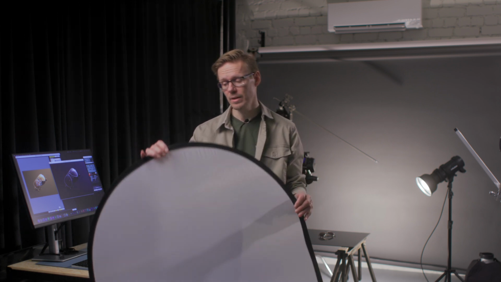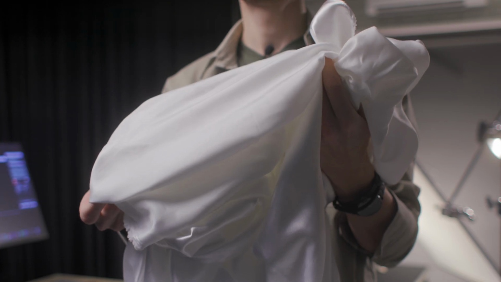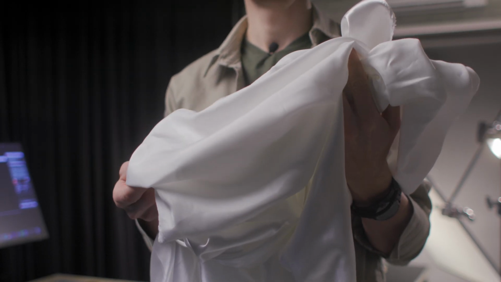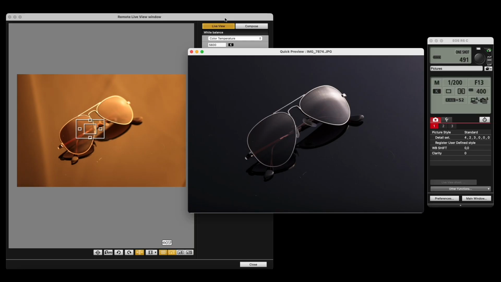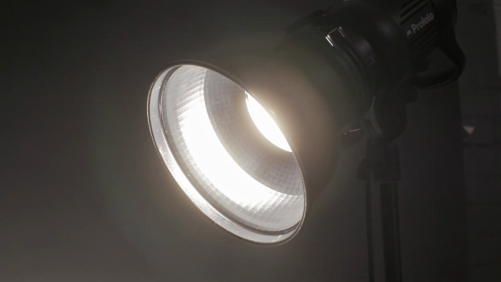So let's move on. Let's take another one, and our last one is just plain white fabric. And let's see what happens with this one. Let's turn the live view on, and let's just hold it in here, and let's try to take the image. I can't really cover everything, or can I? But it's good for the test. This fabric is not that thick, it's rather thin, and you can see it already from the image that the light is shining through a bit too strongly, and you can see even the shape of the light on the